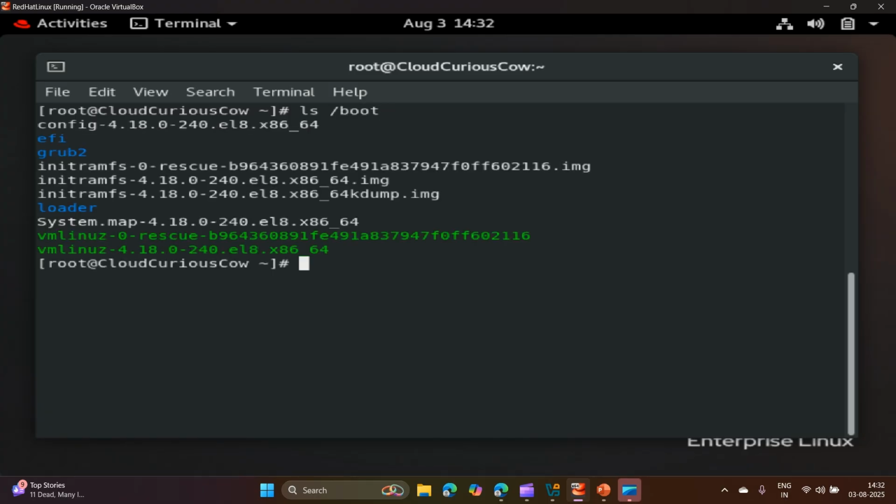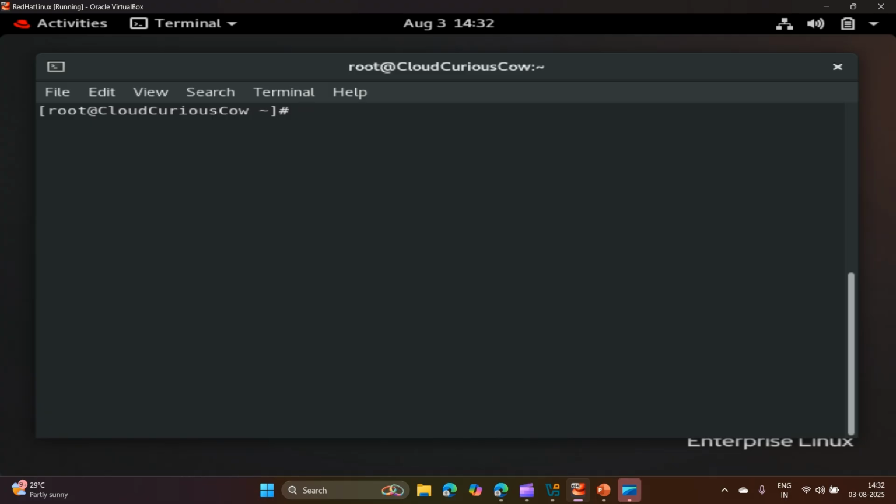This folder contains bootloader files which help your system start. If this folder is missing or corrupted, your Linux might not even boot. It even holds the GRUB configuration files. So yeah, slash boot is kind of the VIP entry pass to your system. Then next comes